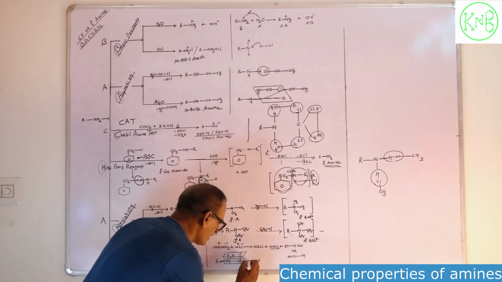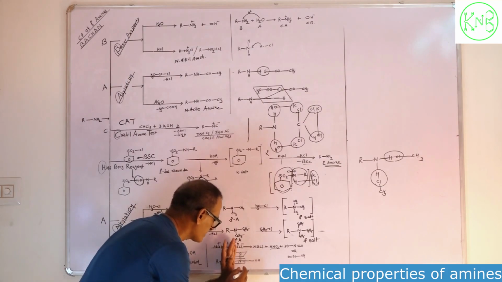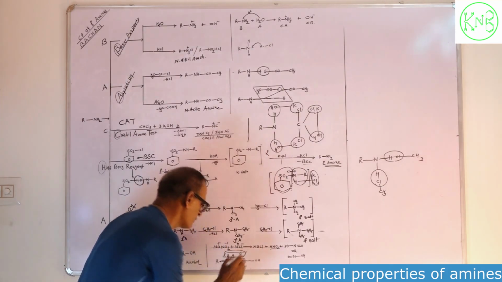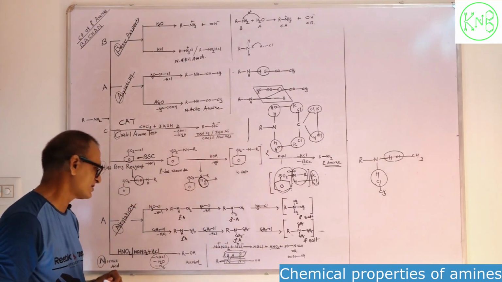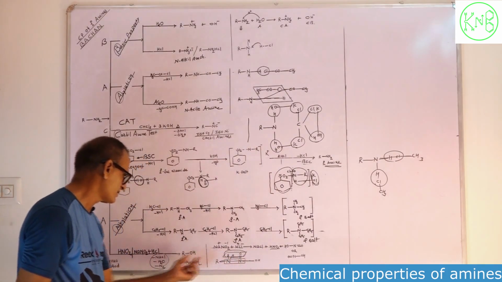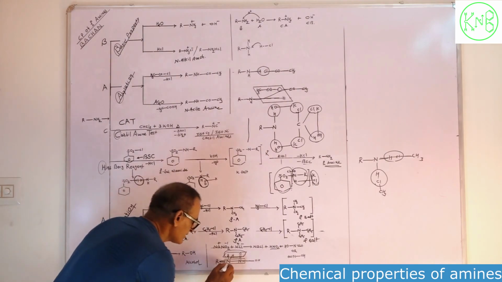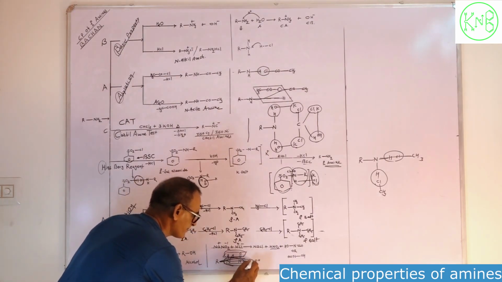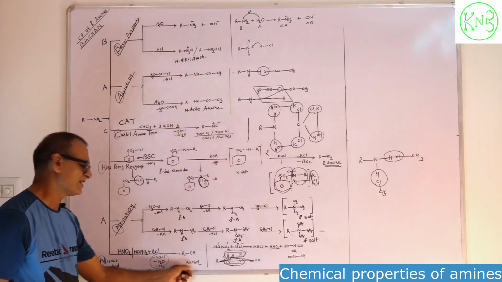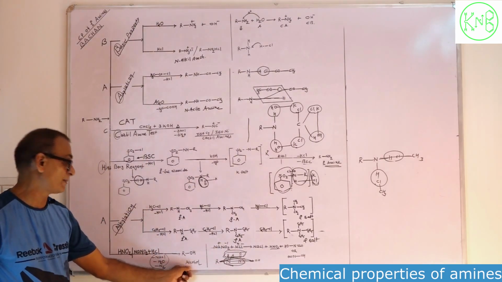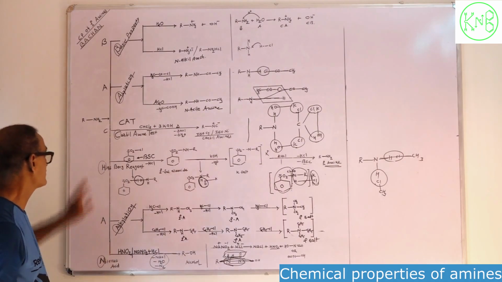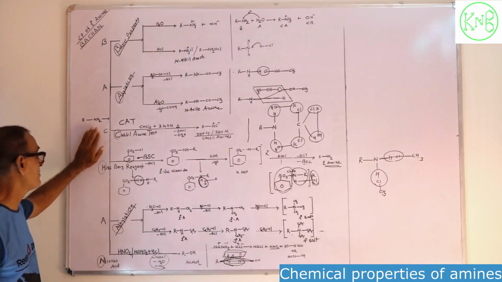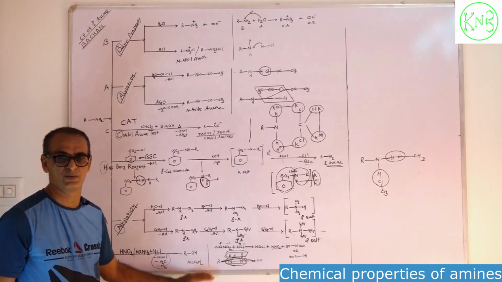HNO2 we can write like this, this is the structure of HNO2. Then two hydrogens of the amine and the oxygen of nitrous acid will be removed as a byproduct, as a water molecule. And second, this nitrogen will also be removed as a byproduct. Directly R will attach to OH. That's why alcohol will be our main product. During this reaction, we can use this step for the conversion of primary amine to alcohol compounds.